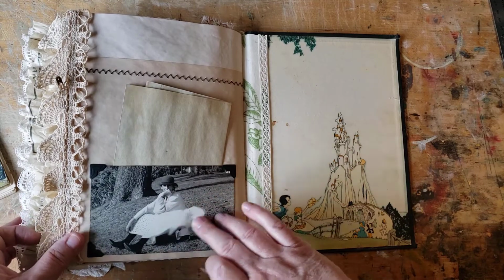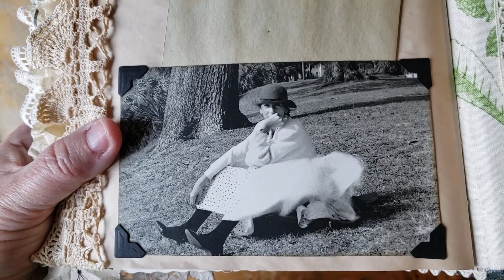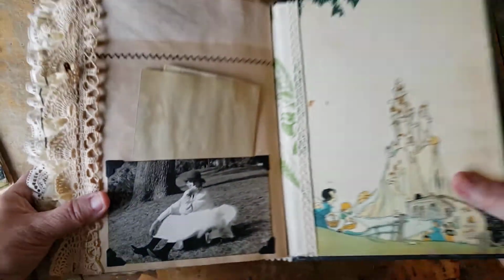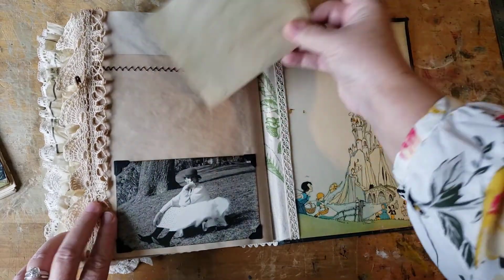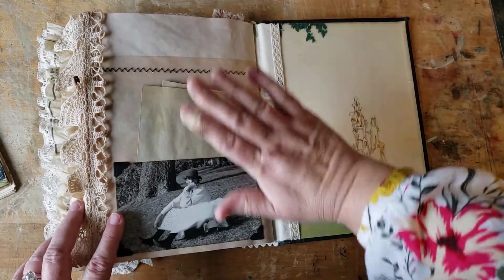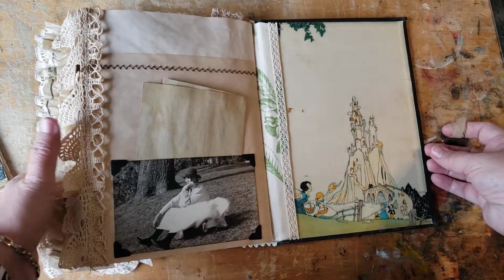And then a fun little pocket that I created from this young lady in a dress with a hat at the park. I thought she looked rather cheeky. And it's a tuck spot as well. So I put some tea-dyed paper in there for you to get you started. So that is